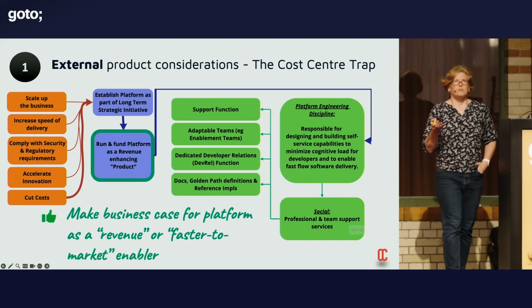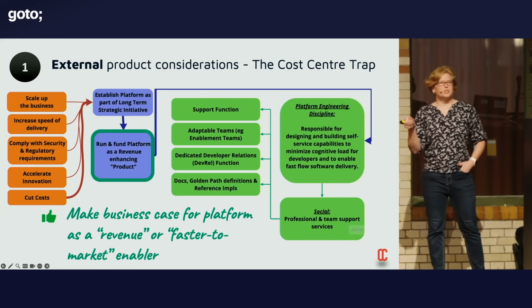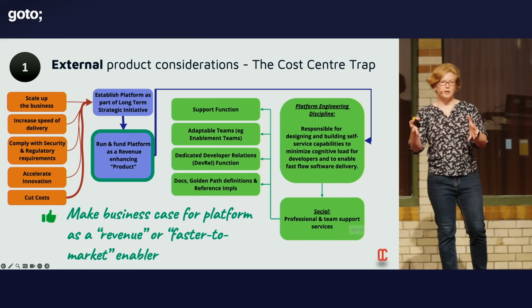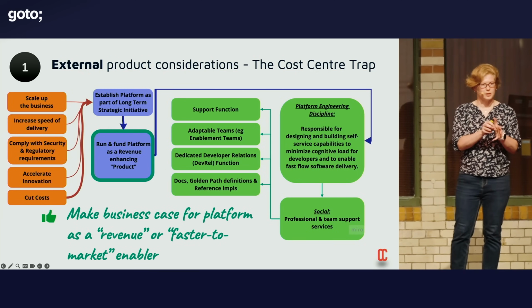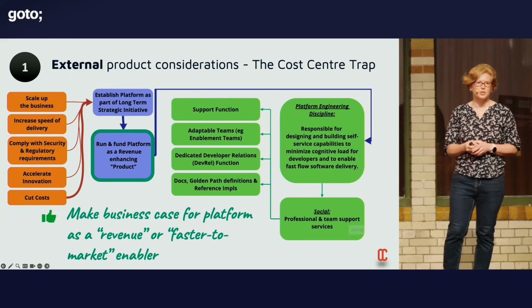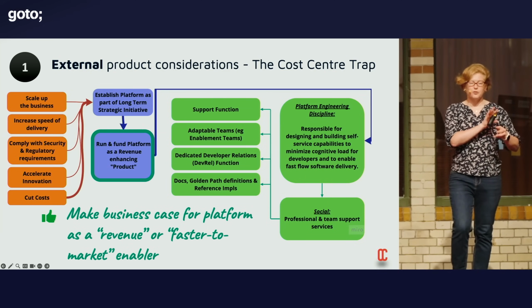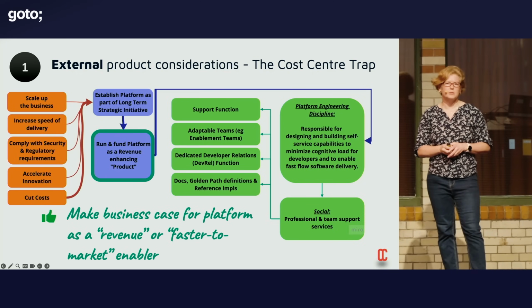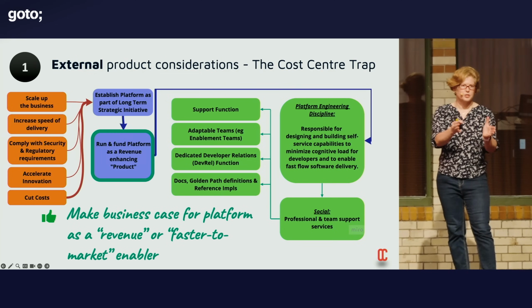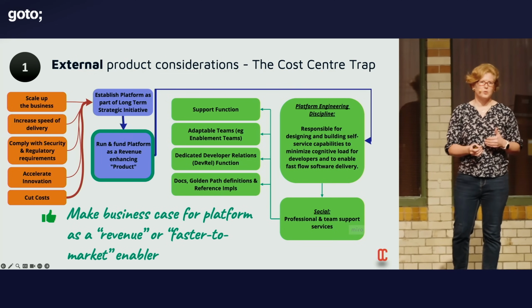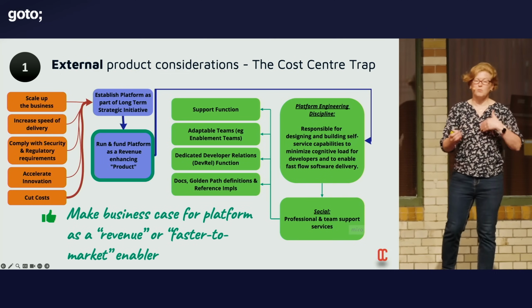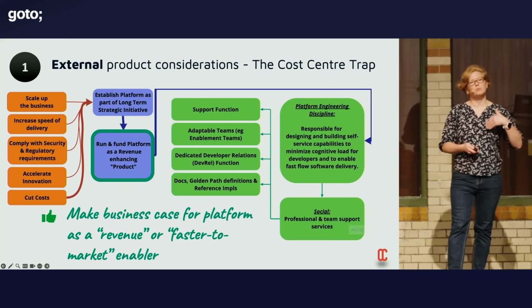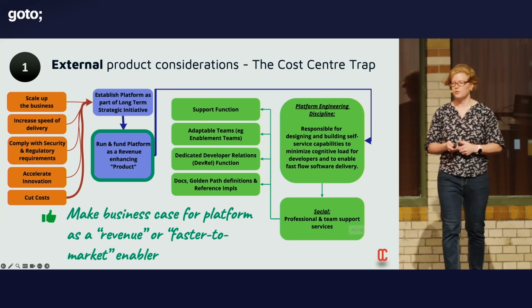So one of the practical ways that you can do this is maybe suggest the use of metrics. So you could say to leadership, look, when people are using the platform, they go 10 times faster in deploying to production than if they just do it themselves. If we're trying to scale the organization and ramp up to another 20 teams, this will mean we can go to market X times faster, we'll be in front of the competition, and it will enable us to start generating revenue earlier. And these are the type of things that leadership will look at and say, okay, maybe we can fund this a little bit differently.